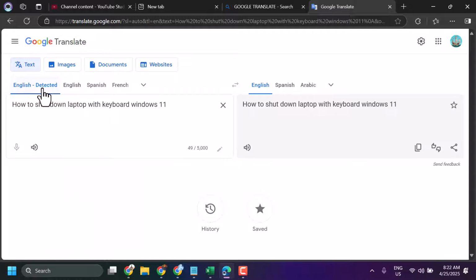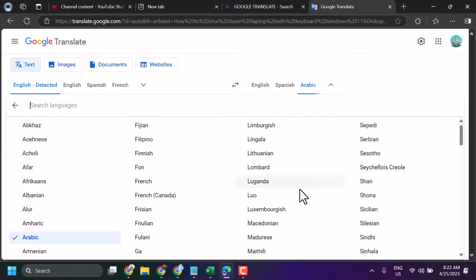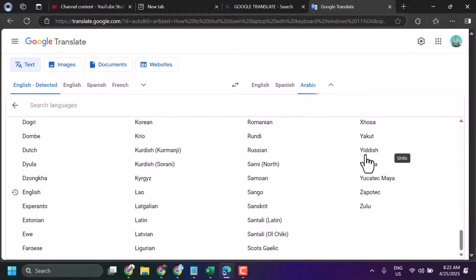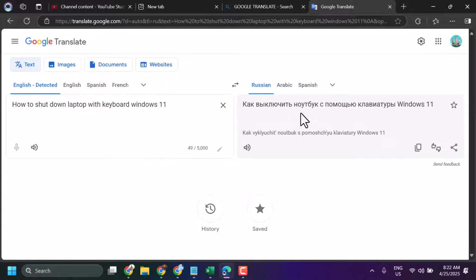It will auto detect and then you can change into Spanish, Arabic and a list of languages you will find there. You can listen